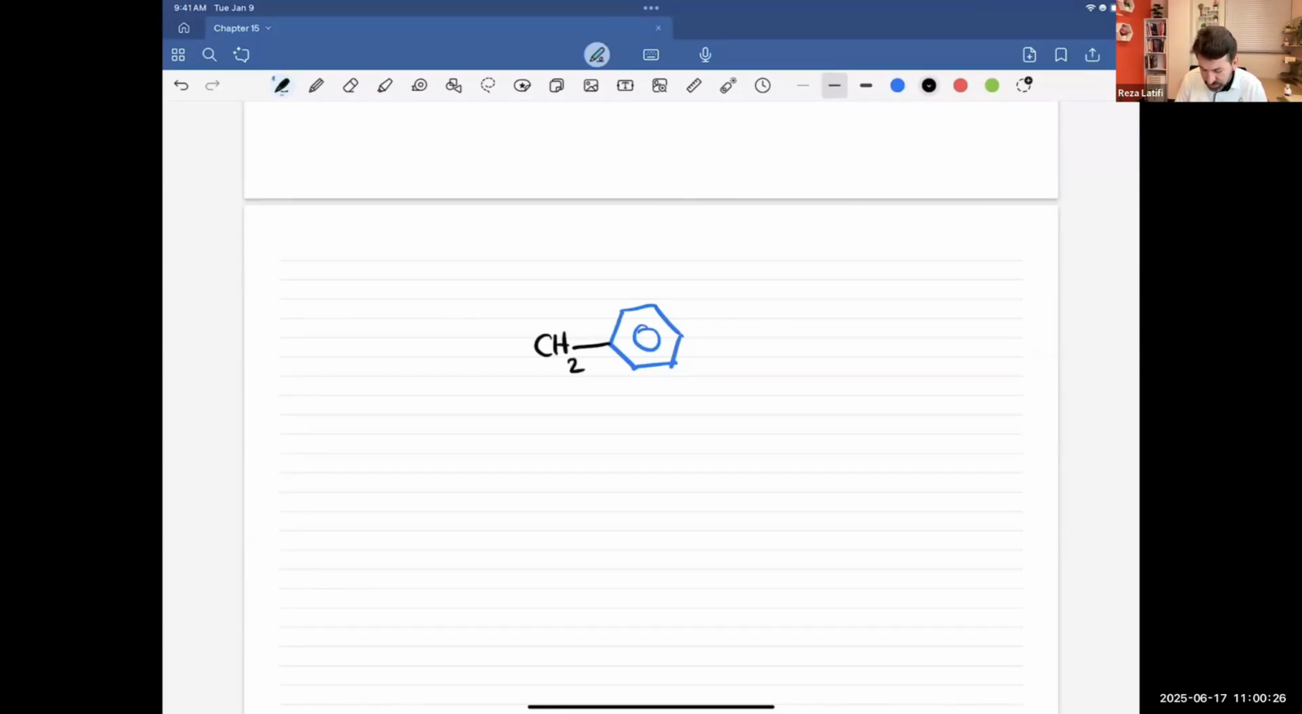We have CH2, and then we have aldehyde. This one will be triplet, 1 hydrogen. That one will be doublet, 2 hydrogen. Okay, and here HA, the integration it will be